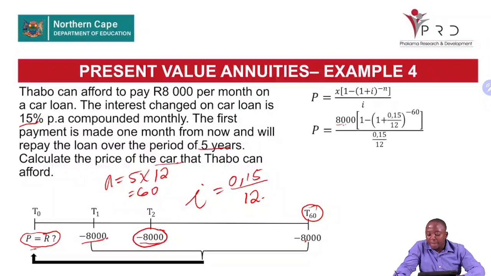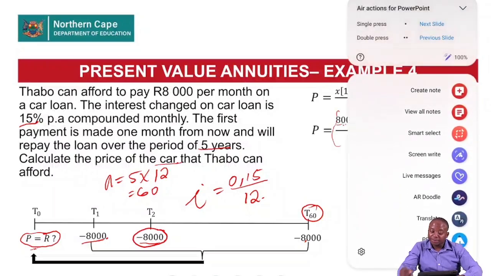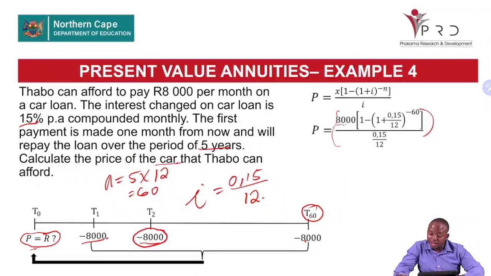Into 1 minus open bracket 1 plus 0,15, which is our I, over 12, which is our compounding period, all raised to the power negative 60, close bracket, all over I divided by the compounding period. We punch everything as it is there in a calculator. Then we get our present value is 336,276.73. That is to say, the car that Tabo can afford will cost